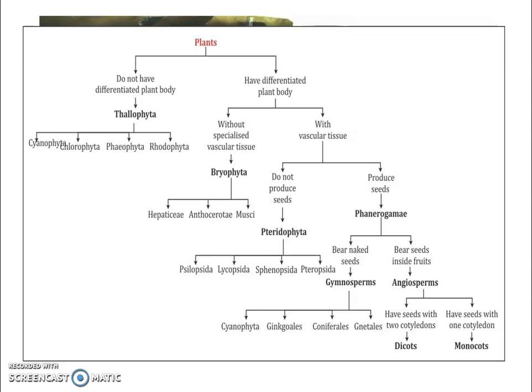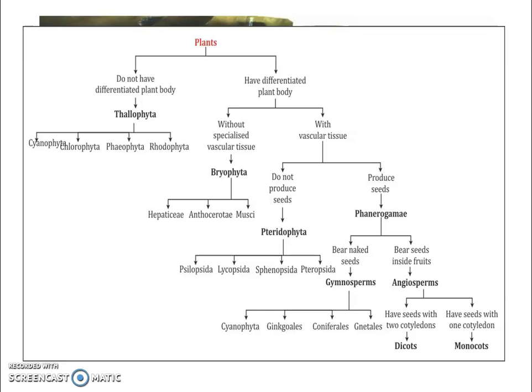Those which have a differentiated plant body are again without specialized vascular tissue. Vascular tissue means xylem and phloem. Those which have vascular tissue have xylem and phloem. Bryophytes do not have xylem and phloem. They are divided into hepaticae, anthocerotae and musci. Those which have vascular tissue are divided into those which do not have seeds and those which produce seeds: